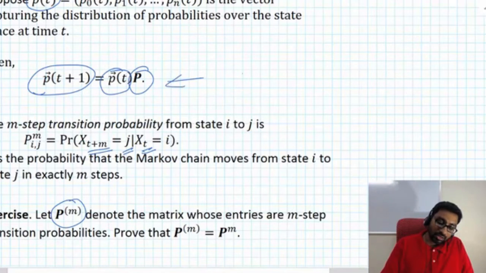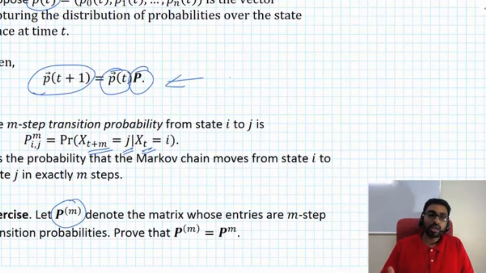Now, using the fact that if you take the current probability distribution and multiply it with the transition matrix, you will get the probability distribution at time t plus 1. Using this formula, a good exercise would be to show that